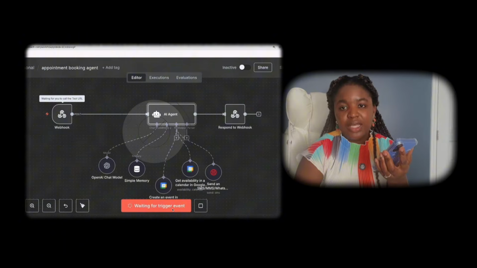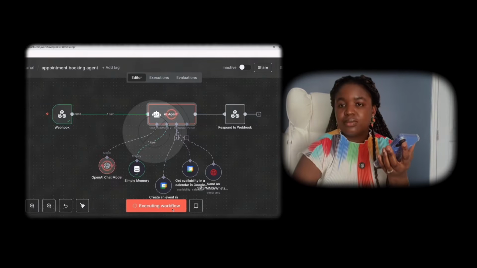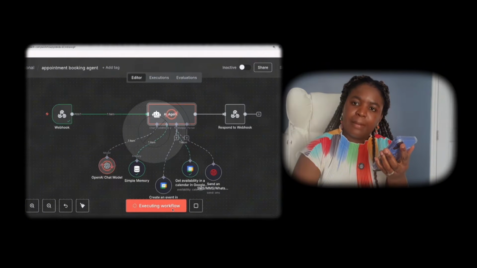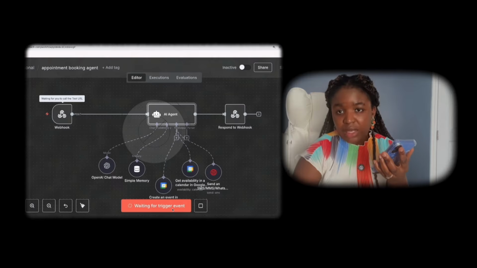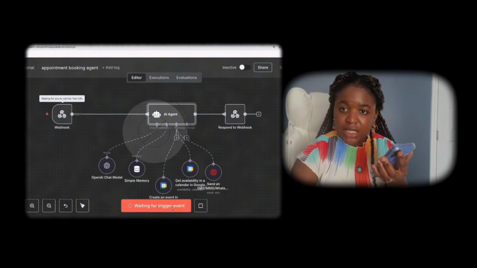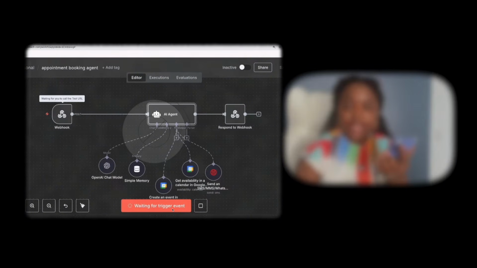I'm looking at Friday, 29th of August at 1:30 p.m. That time is unavailable. Here are two good alternatives. August 29th, 2025 at 12:30 in the afternoon or August 29th, 2025 at 2 o'clock in the afternoon. Which would you like to book? Also, please share your full name and a phone number so I can reserve the slot for you. I prefer the second option. My full name is Stephanie and my phone number is...